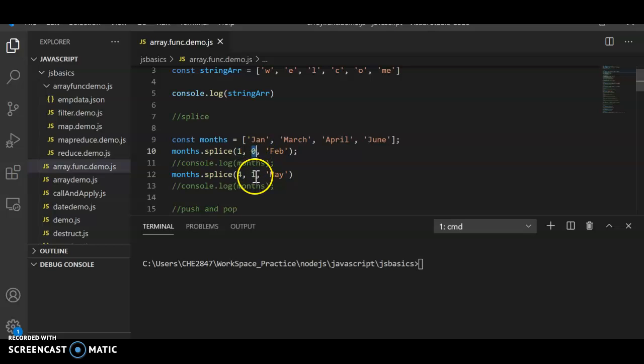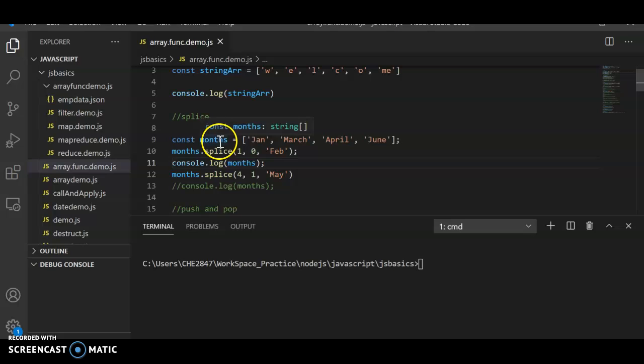If you put a 1, we can go to the next example. But basically the first one is saying I want to insert the Feb value at this position, between 0 and 1. Let's go ahead and print what happens after you do the splice.